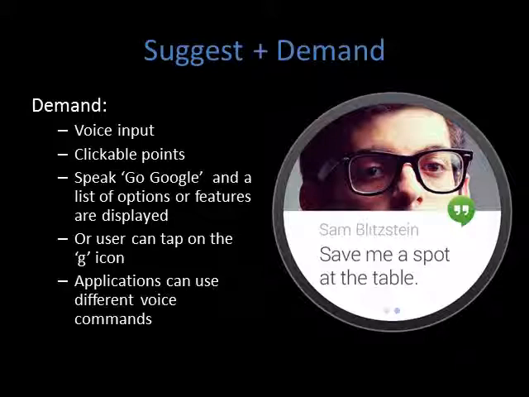So depending upon your circumstances and environment, you can choose to give a voice input, or to give a tap on the G icon and then give a voice input. Applications can use different voice commands. So when you build an application, you can customize your commands and use them according to the need of your application. Depending on the business objectives, you can define and customize all these commands in Android wearables.